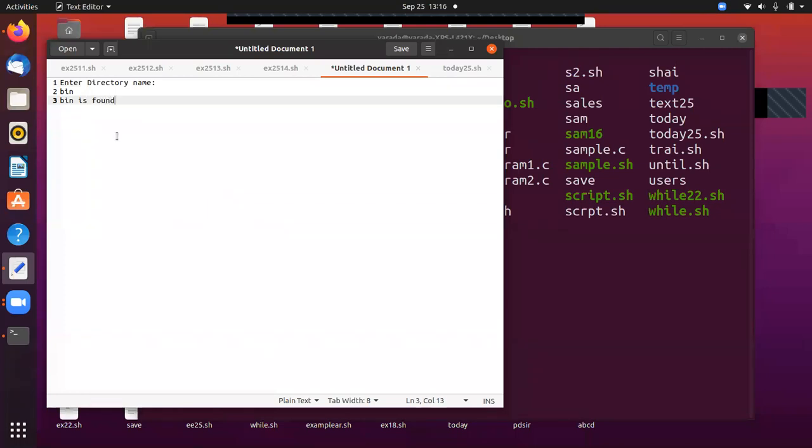If I enter the directory name as dir, then dir is not available, so it displays dir is not found. Okay. So now we are going to modify our existing program to find whether the directory is available or not.